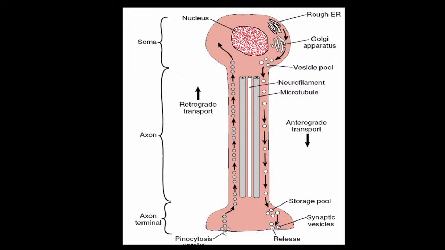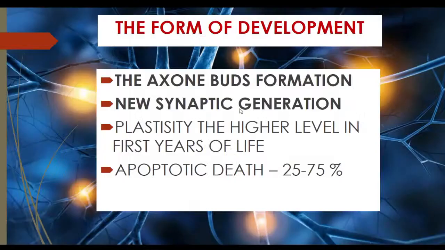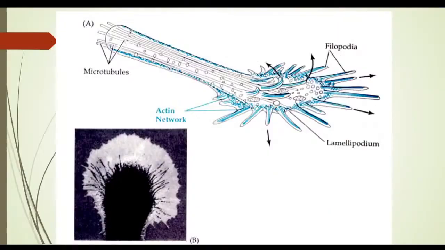And opposite, we see how these pinocytotic vesicles migrate from the presynaptic membrane into the axonal processes. So the form of developing was discussed, and now we continue with filopodia formation in axons and